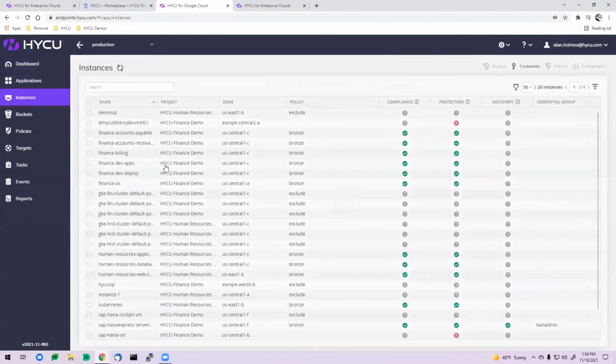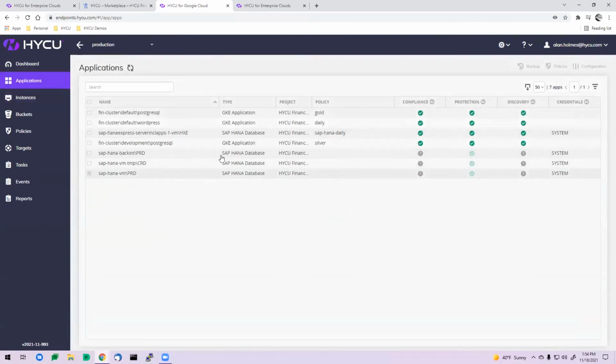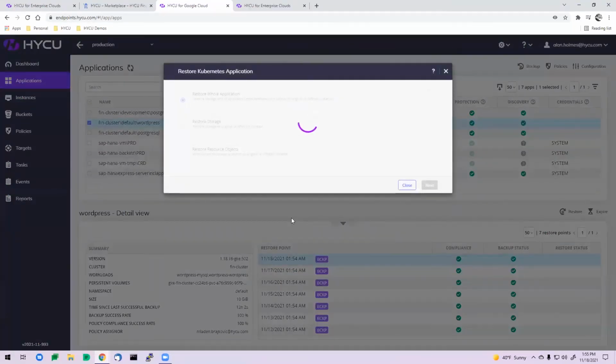And again, automatic discovery of VM instances, automatic discovery of applications, and this is actually kind of key. This is new functionality for us here. Let me sort by type here. We have support for GKE now. So if you have containerized applications running, we have the ability to natively protect those in an application consistent state. In addition to the VM level, being able to do all the operations you saw before with disk cloning, VM cloning, full VM restores, file level restores, all of that can be done in the